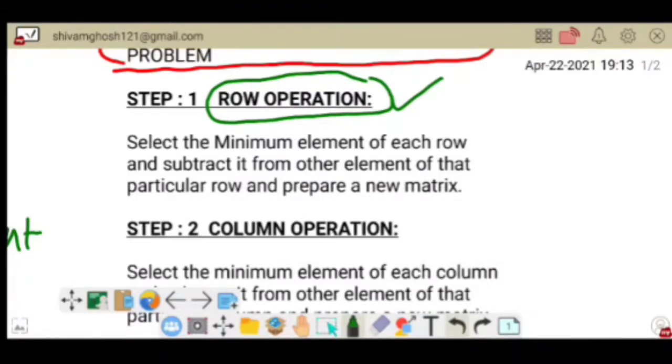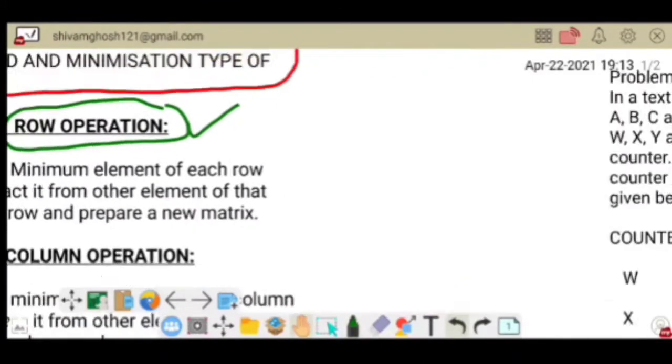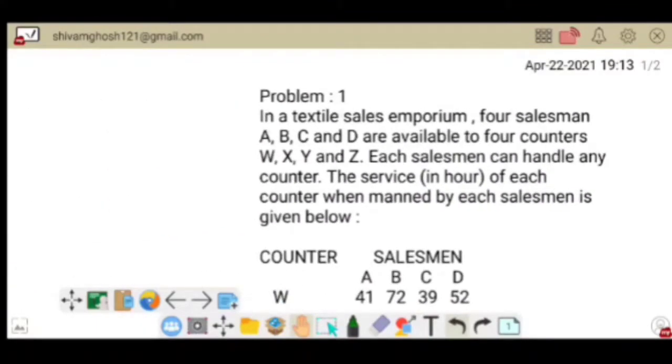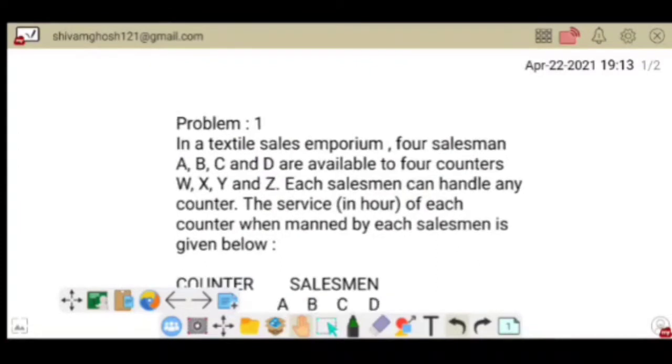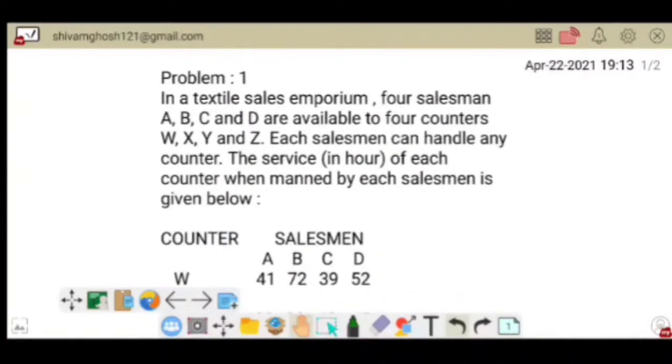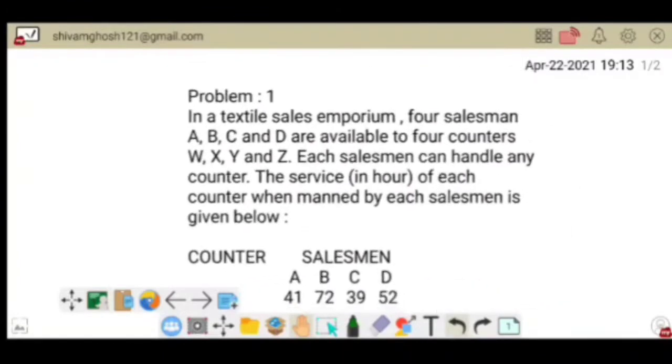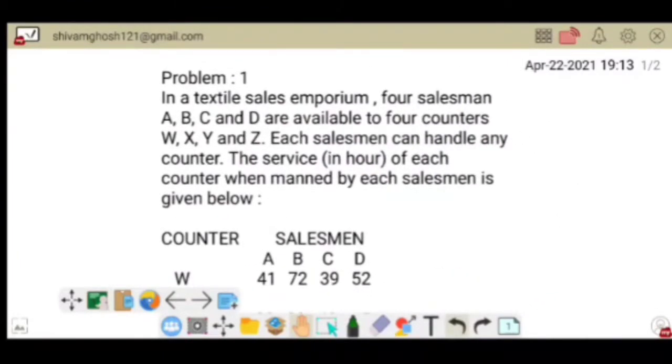After reading this row operation, I would like to come to the question. We will read step by step and solve each step. That would be the finest method to understand the steps. What does it mean? So in problem number 1, we can see it's given that